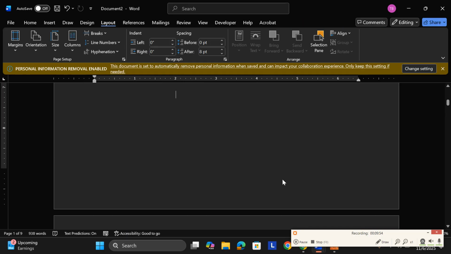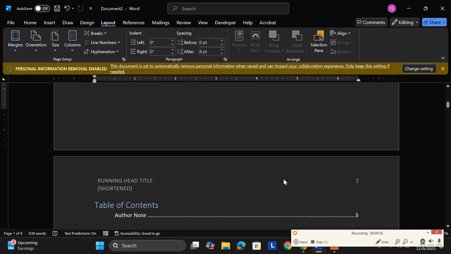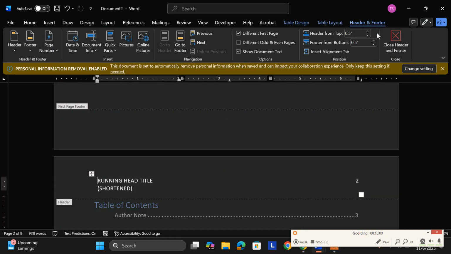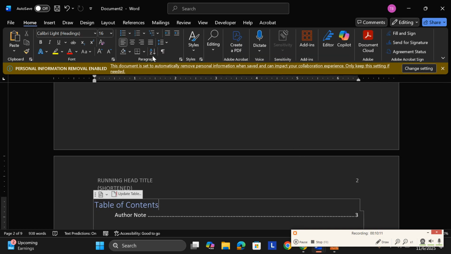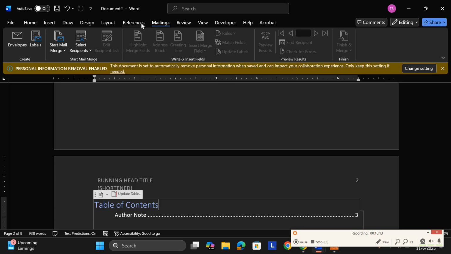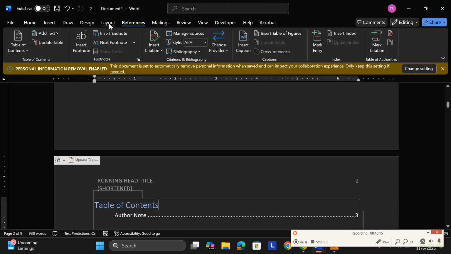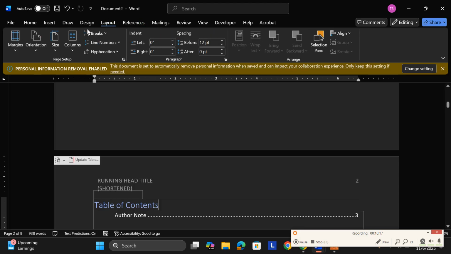Right. So if we come here, you would see the information for headers and footers. So you see in here, with the table on the header and the footer, you could basically set the number here, or you could go here and set it at the bottom. So without just going on the header or footer, you could go on